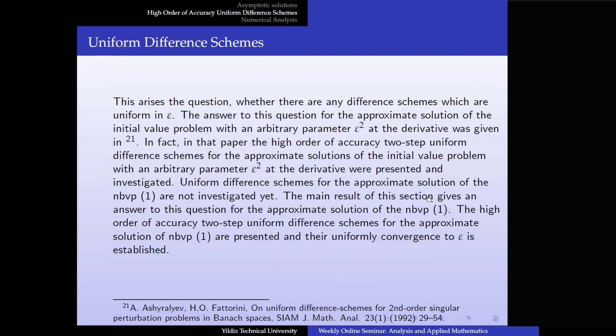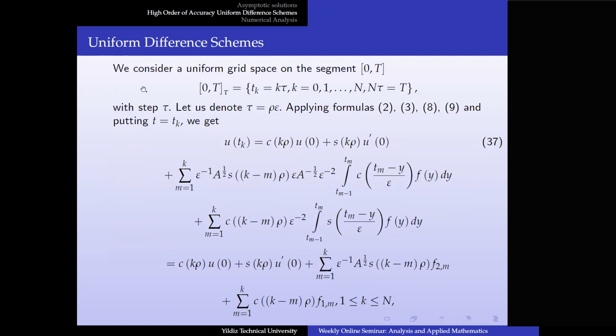So the main result of this section gives an answer to this question for the approximate solution of problem 1. The high order of accuracy two-step uniform difference schemes for the approximate solution of problem 1 are presented and their uniform convergence in epsilon is established. Here we consider the uniform grid space on the segment [0, T] with time step tau. And let us denote tau equal rho times epsilon. So applying the formulas, these are 2, 3 are the formulas for the